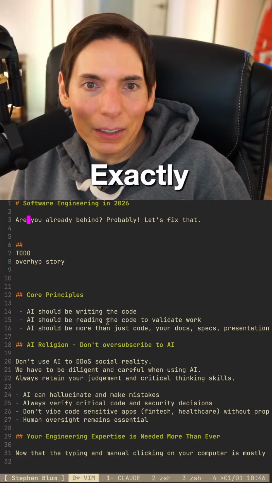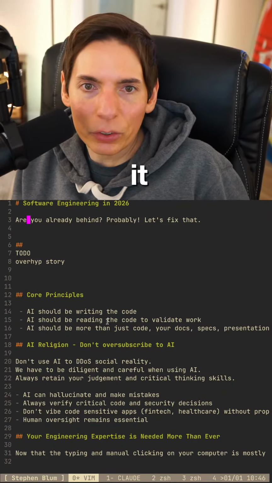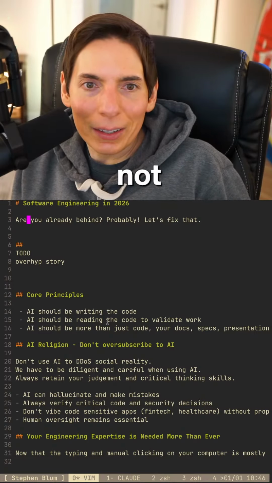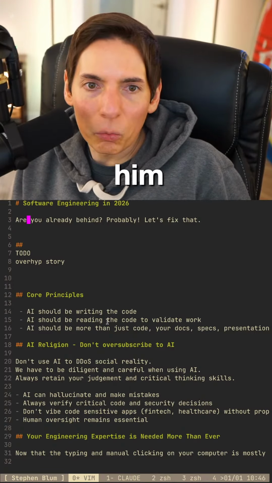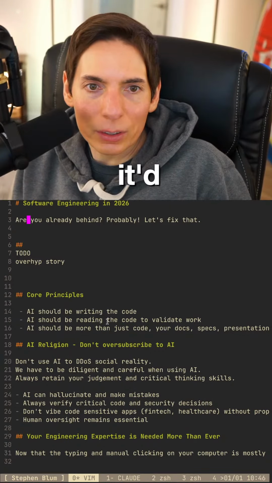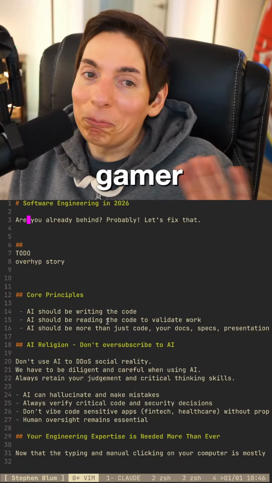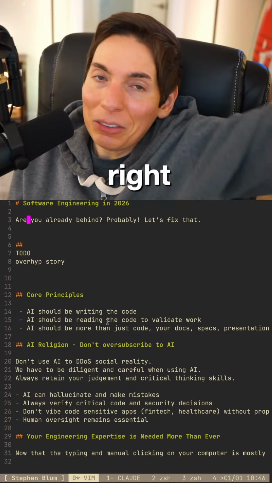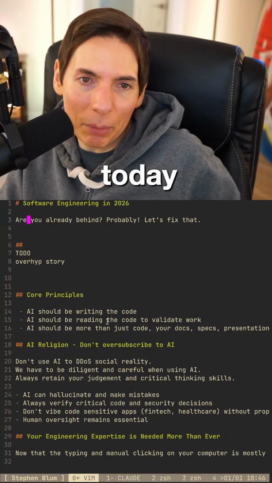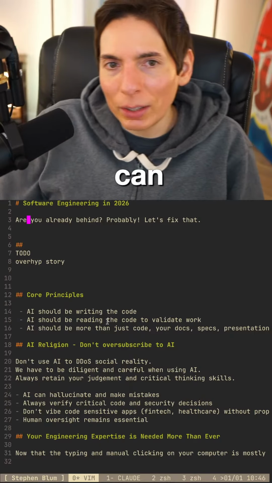Exactly. Did you see the meme where Grok is giving answers like a Chad? Is it? I've not seen it. When asked whether they would let your bro win for keeping it going or not, Gemini said we'll let him once, twice, while Grok said it'd rather not. Oh, really? It probably can happen, and it can still happen today. They said they fixed it probably, but you know what? It's still there. You can coax it.